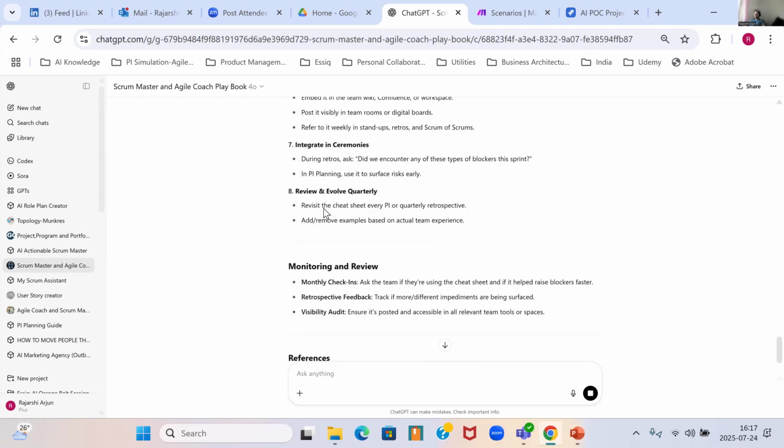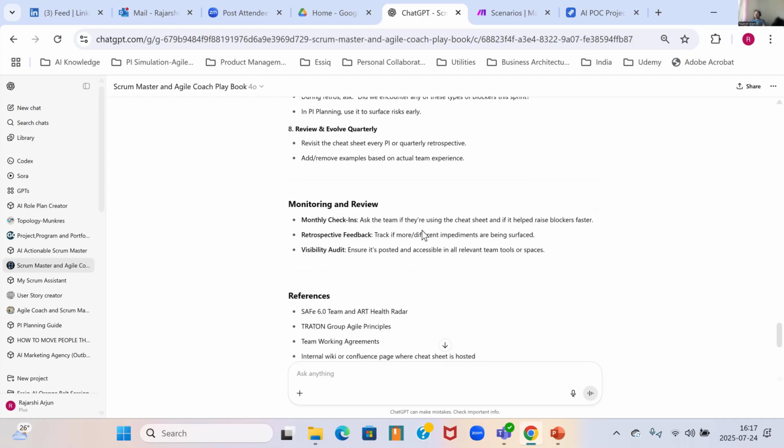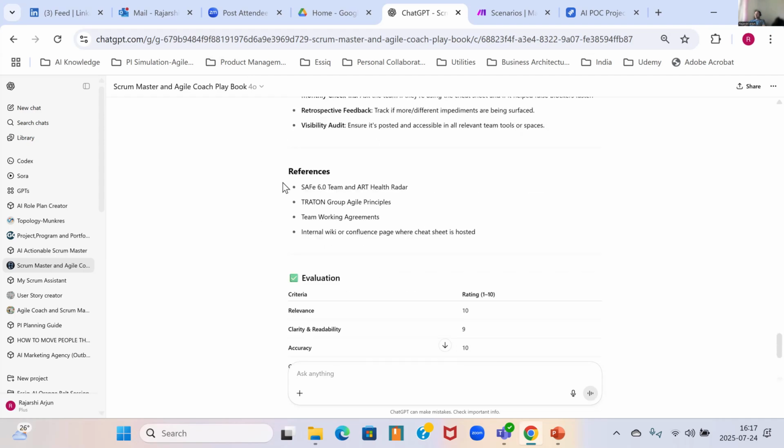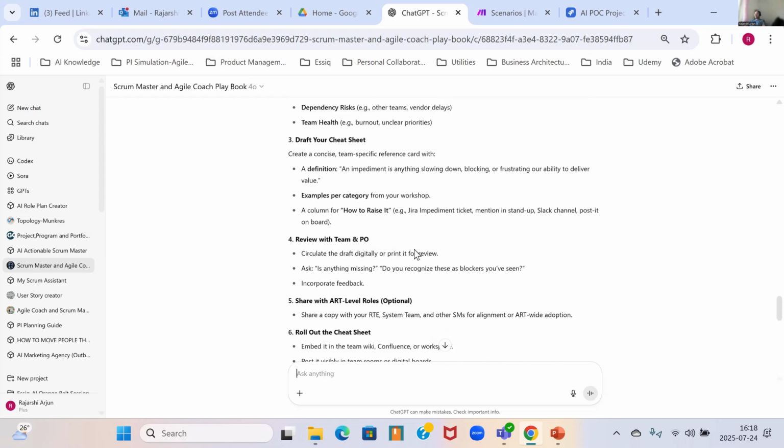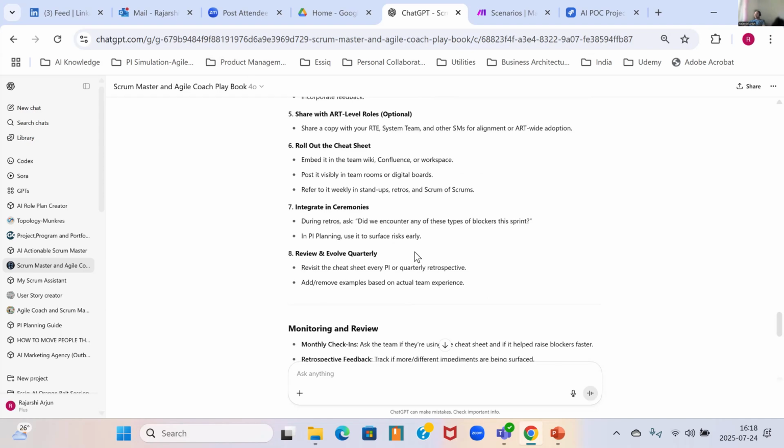So it typically gives you all the different things that would be there as part of the solution. And then, of course, at the end, it consolidates that with the references with which it has developed this artifact. Now, you will see